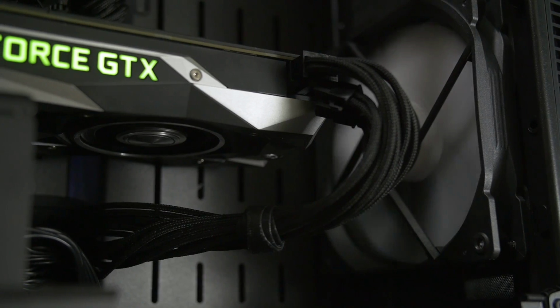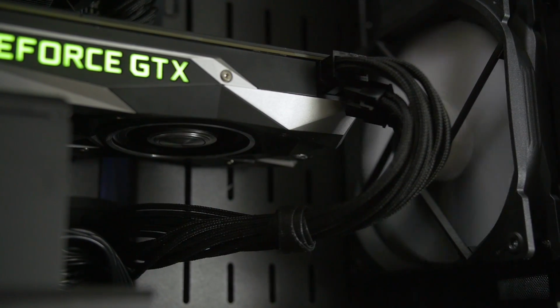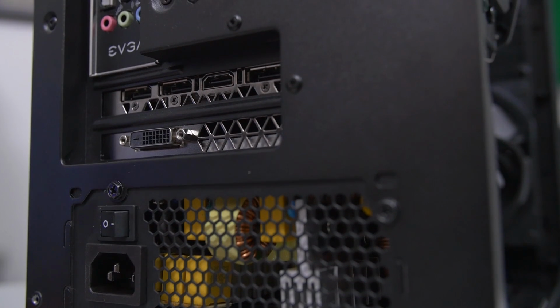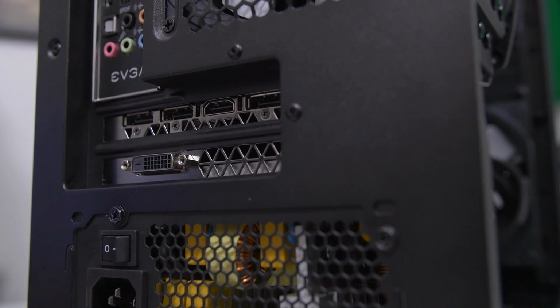A popular school of thought to combat this potential issue is to use a video card with a single blower-style fan that's positioned at the far end of the cooler and thus uneclipsed by the power supply. Additionally, blower-style cards are typically fitted with enclosed shrouds that exhaust hot air exclusively out the back of the case,